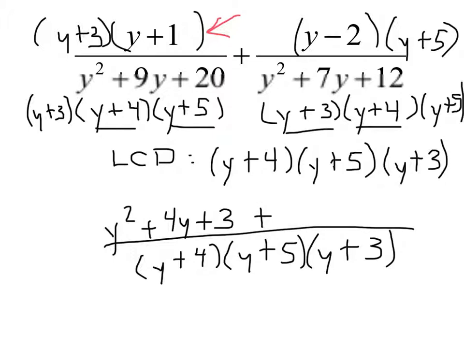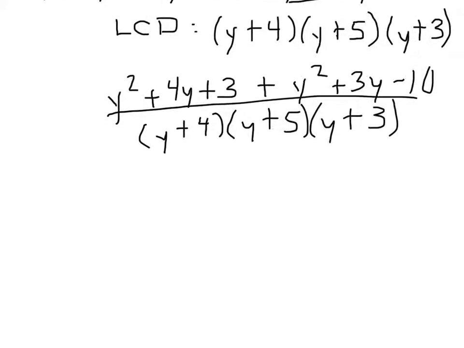We are adding, so now we want to FOIL our second numerator, and we will get y squared plus 5y minus 2y is plus 3y minus 10. We need to combine the like terms in the numerator. 2y squared plus 7y minus 7